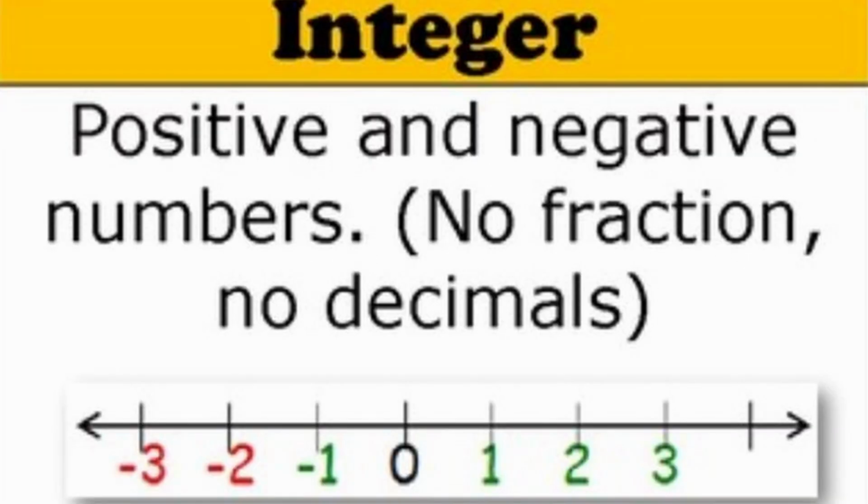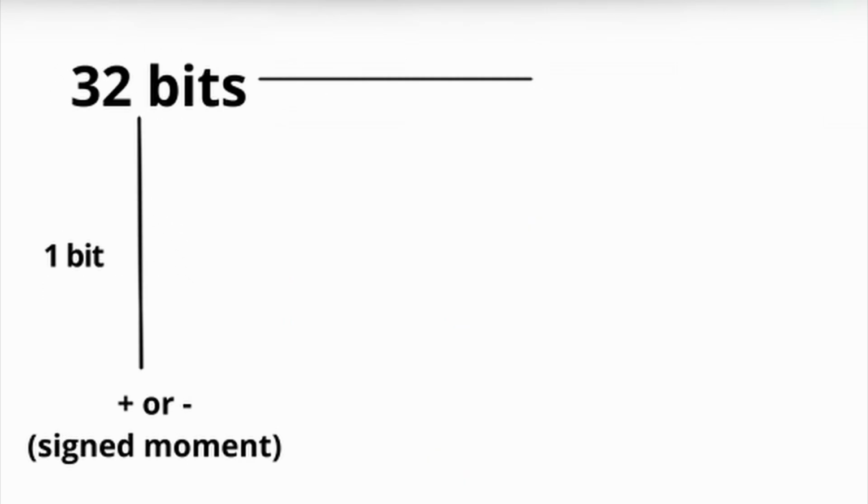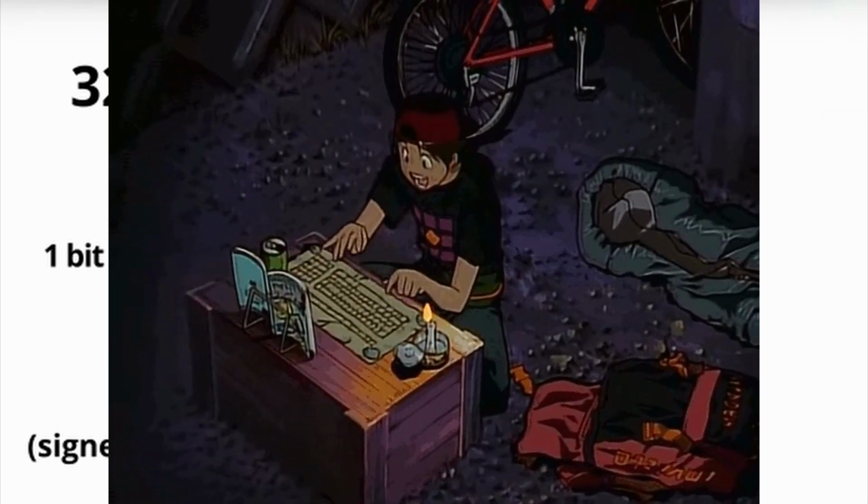Integer. The primitive data type comprising negative and positive numbers and 0, with a size of signed 32 bits, meaning one of the bits is dedicated to the int being either a negative or positive value. The rest of the 31 bits allows the user to compute mathematical values as large as